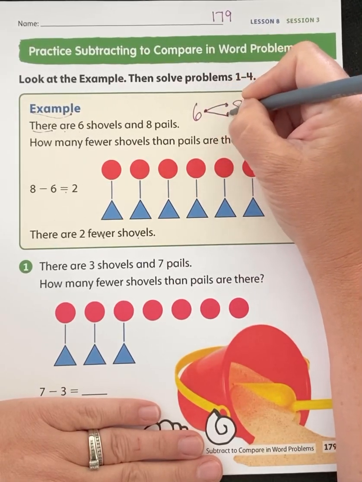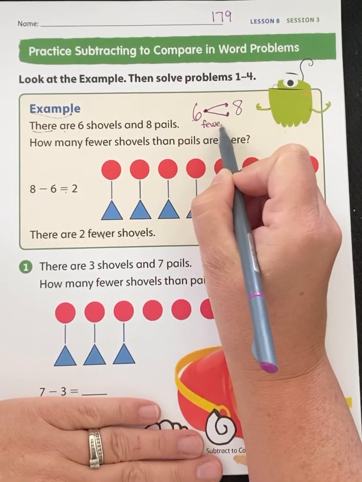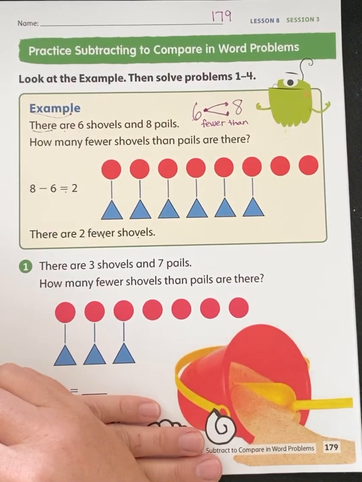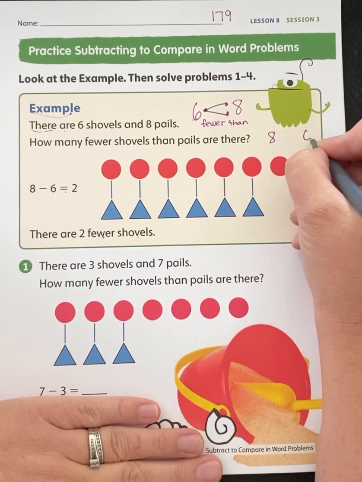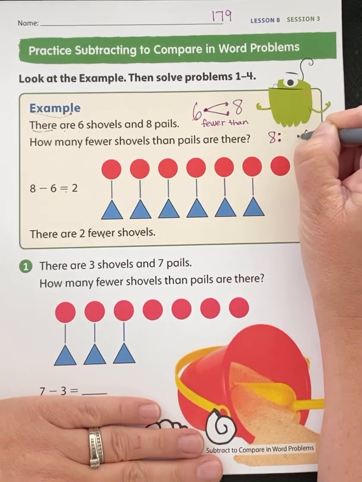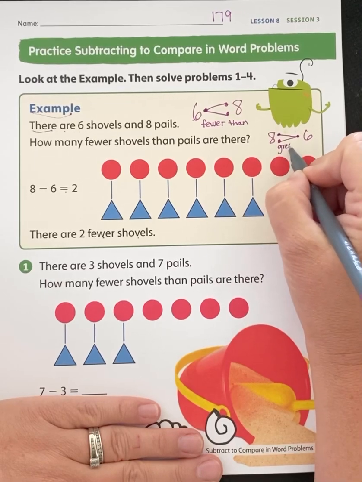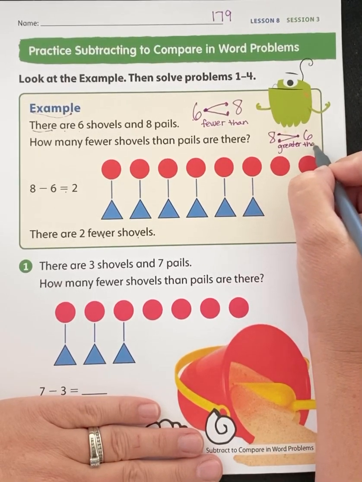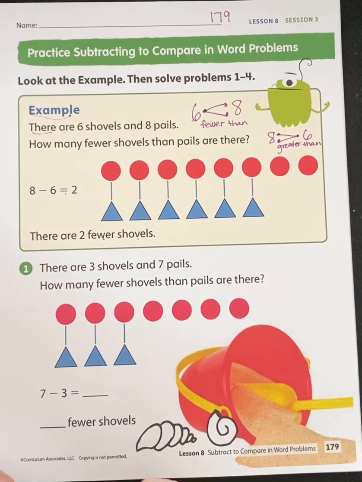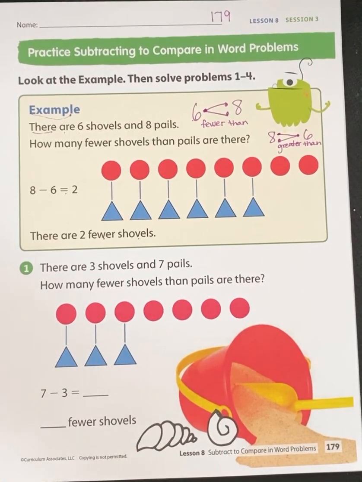We'll connect those dots. 6 is fewer than 8, right? If I have 8 and 6, which one is greater? 8 gets 2 dots. 6 is fewer, gets 1 dot. Connect them. 8 is greater than 6. So remember, when we're comparing, when we're subtracting, we look for the number that is the greatest number